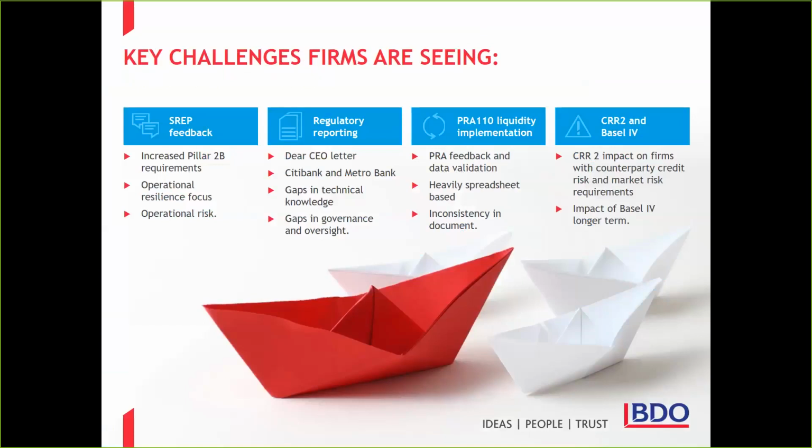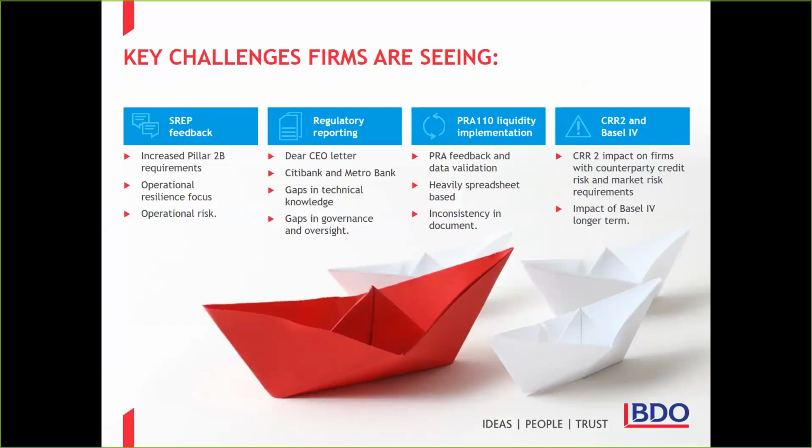So the first is your threat feedback. This is where you had the review with the regulator. We've seen firms have been increasingly challenged on things like their Pillar 2B requirements. So I'm going to talk separately around that. Operational resilience, I mentioned. We're going to look at that and the operational risk as well, which I guess drives that. Then on the regulatory reporting side, I'm sure most of you have seen the Dear CEO